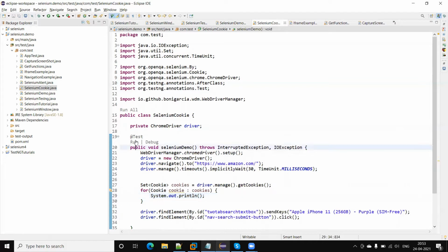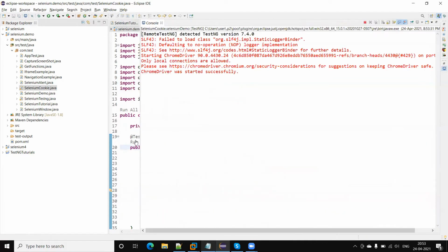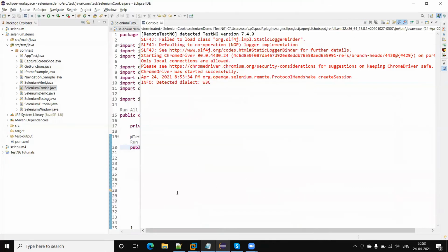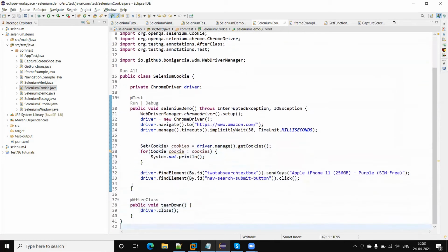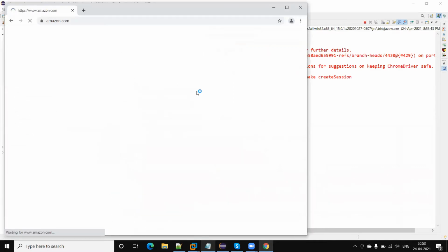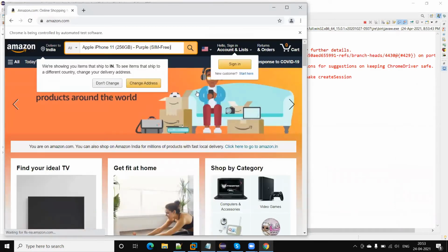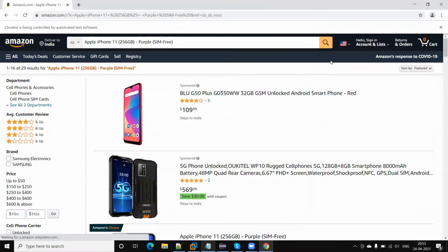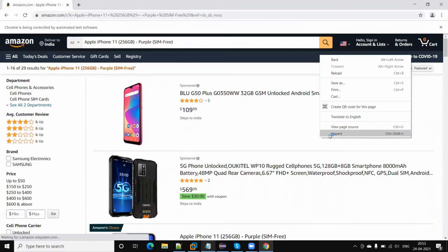First of all, let me show you how the cookies look in a browser. If you go to the browser, you can see the cookies.